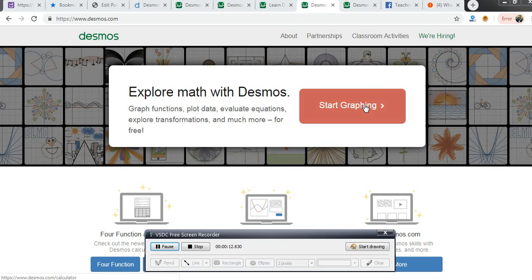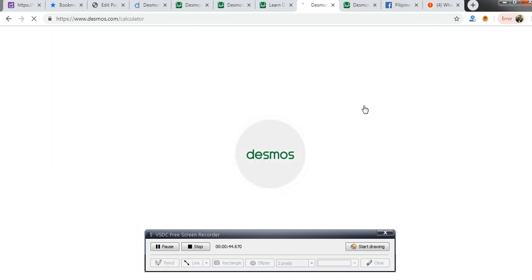I'll just show you how to use Desmos, and later you can explore in detail what you can do on Desmos. So this is the desmos.com website, and you just click on those who want to practice, just to see how this website is creating graphs. You can just click on start graphing,